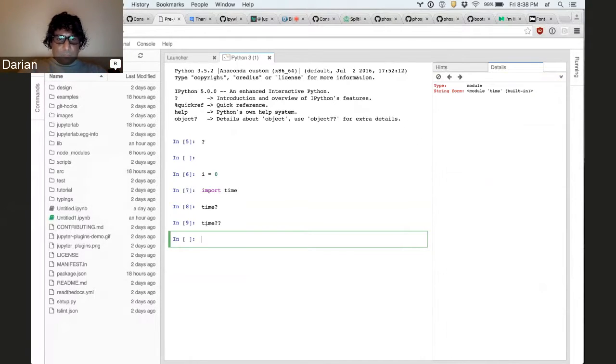Yeah. So what's going on there is that the time module is implemented as a shared library in C, so there's no source code to it. Oh, it's native code. Okay. In order to get the code, you have to be able to get the file, right? So if I do this,